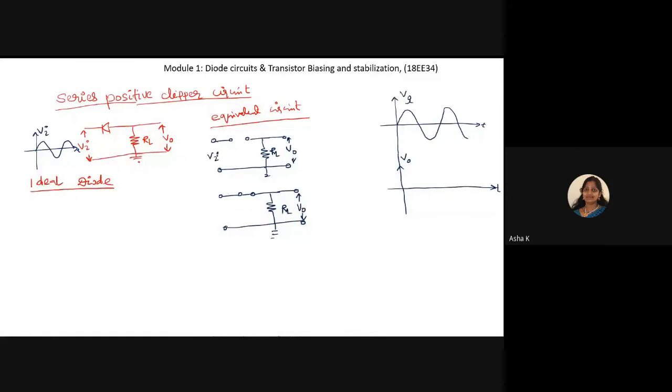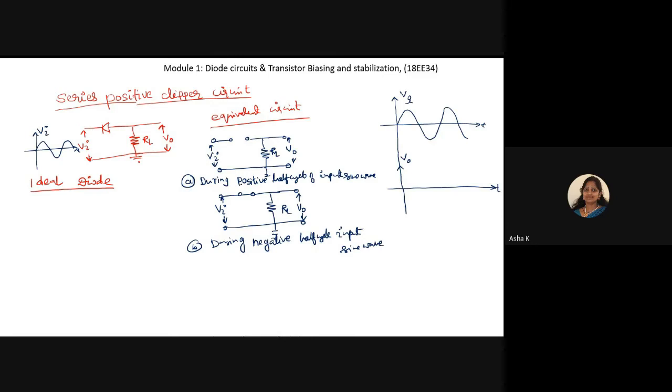What you have to write here is: A, equivalent circuit during the positive half cycle of the input sine wave. Second is B, equivalent circuit during the negative half cycle of the input sine wave. When the negative half cycle is connected, you have studied rectifiers, these two are similar to rectifier circuits. So that is what I am discussing now.